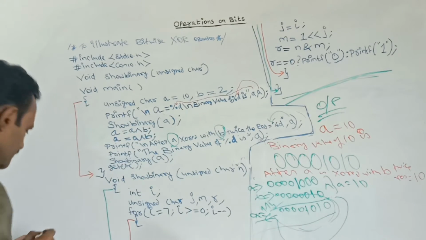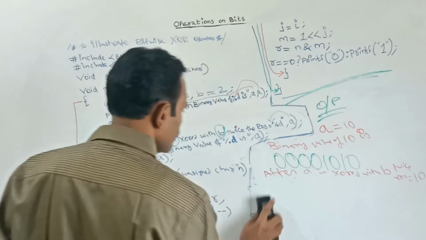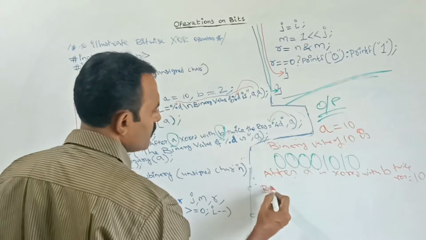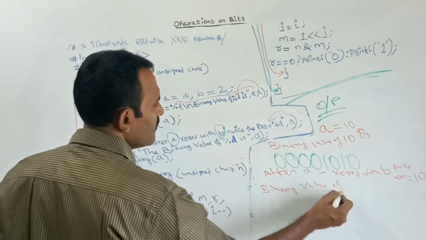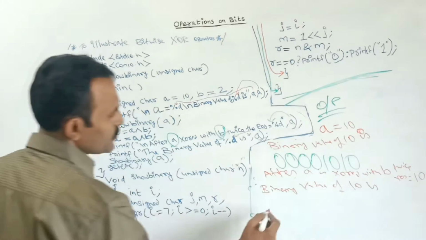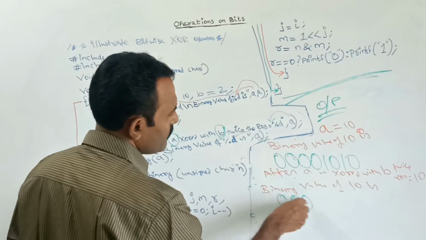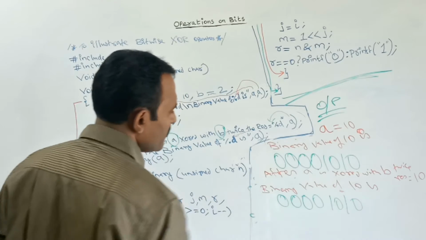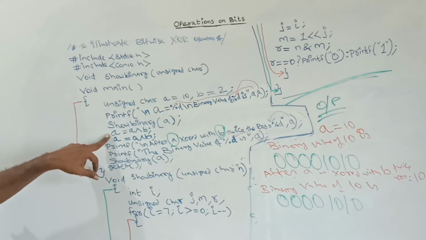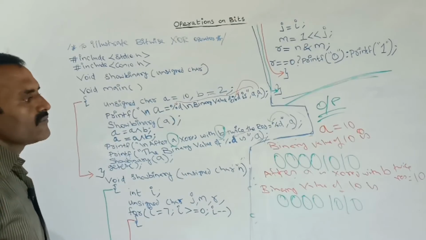Next, in this step, the binary value of the current value 10. Again I am telling it to print the binary value, so the same binary value is printed. So when we XOR a number twice with another number, we get the same result. By using this, we can do a lot of programs.